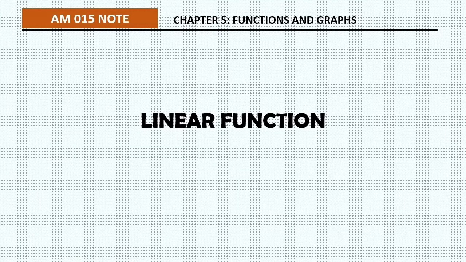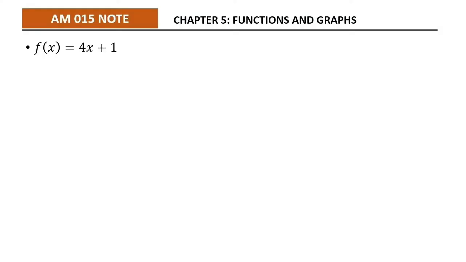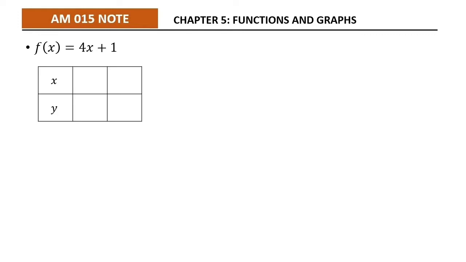And then linear function. To sketch a linear function, we need 2 points. Normally, we put x equal to 0, also known as the y-intercept, and y equal to 0, which is the x-intercept. For x equal to 0, substitute x into the function: y equal to 4 times 0 plus 1. So y equal to 1. And for y equal to 0, x equal to